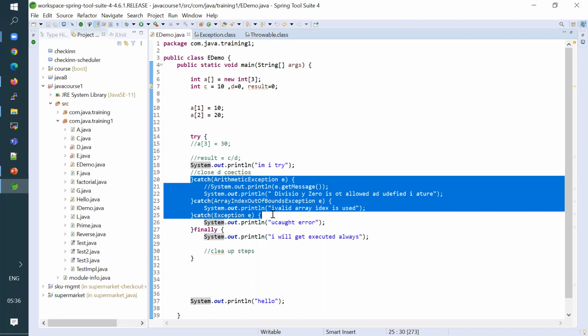Like if you write exception first and later arithmetic exception, the arithmetic exception would never be reachable, right? Because the parent class automatically handles it. So we talked about multi-catch and also specifically the hierarchy on how it should be.